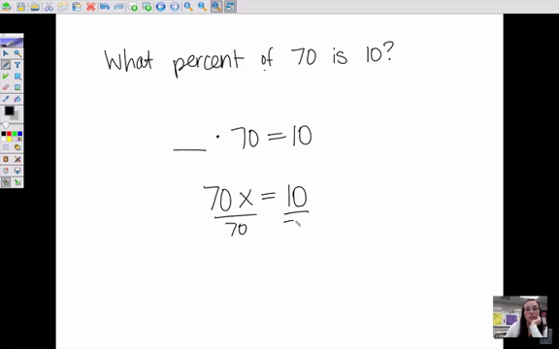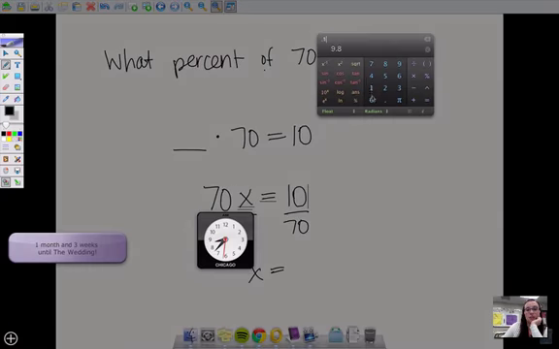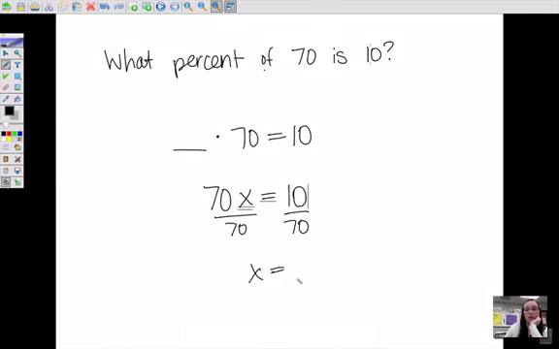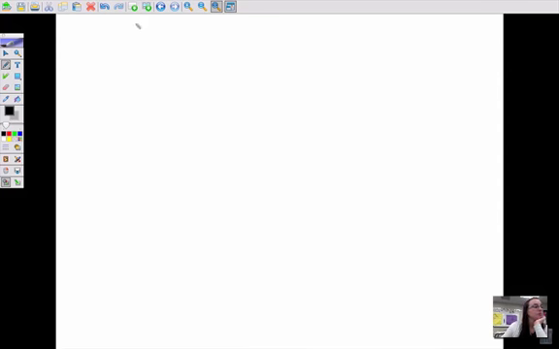So knowing from what we do about equations, that means I'm going to divide by 70. 10 divided by 70 is about 0.14, which means 14%. Okay? So you're going to set up this equation every time. You're going to leave one of the spots blank based on what they're asking you. So another situation that they might ask you about is maybe something like,